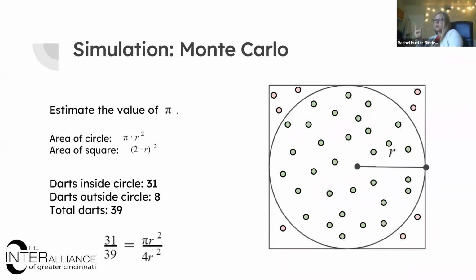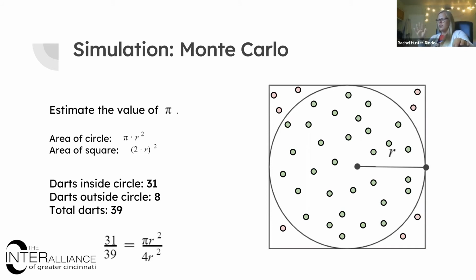Because we have equations that give us the area of the circle and the area of the square, we know a ratio, and that ratio includes pi. You also see that the r squared cancels out, so that ratio only includes pi. And then after we're randomly throwing darts, we can say the probability that a thrown dart falls into any given area is equal to that area over the total. Are we following here?